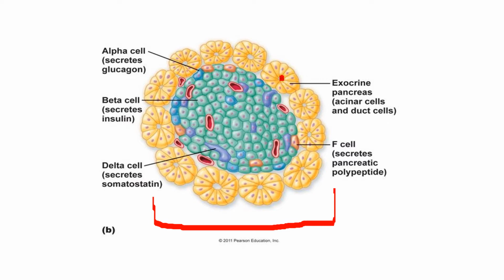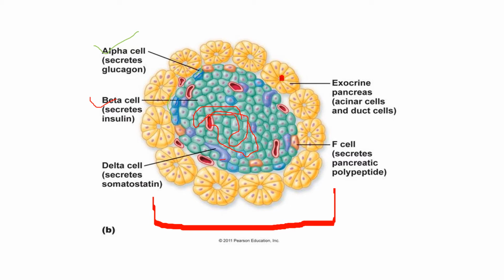So now we see the cells that are present in the islets of Langerhans. First we have the alpha cells, and their contribution is, as you know, 20%. You see these are the blue colored cells, they are the alpha cells, and next is the beta cell. This is the large contribution, that is the beta cell. And that is the delta.